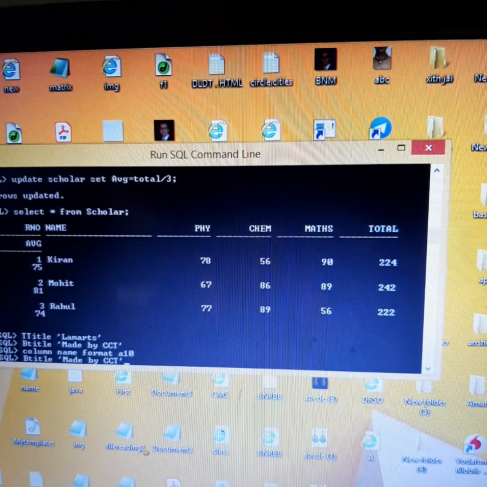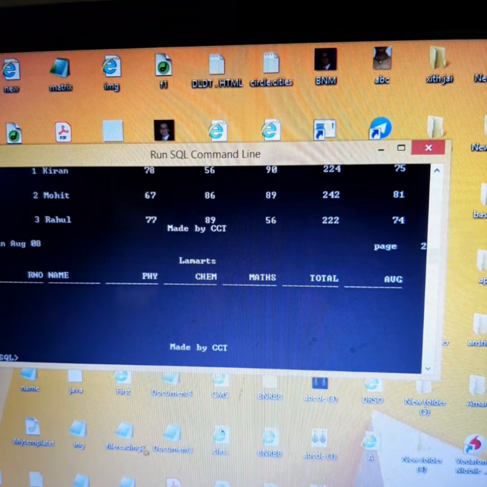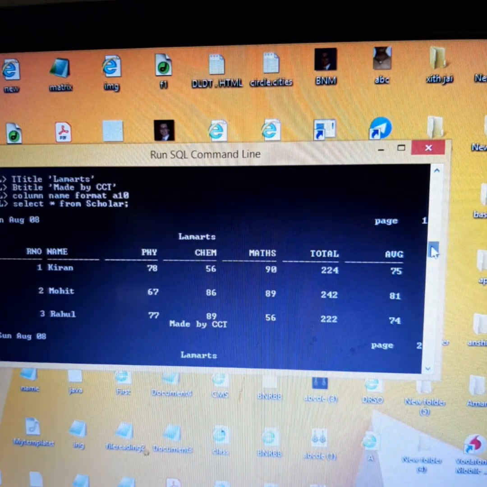And now let's see with the select command. Now you can see everything is coming in one row only.